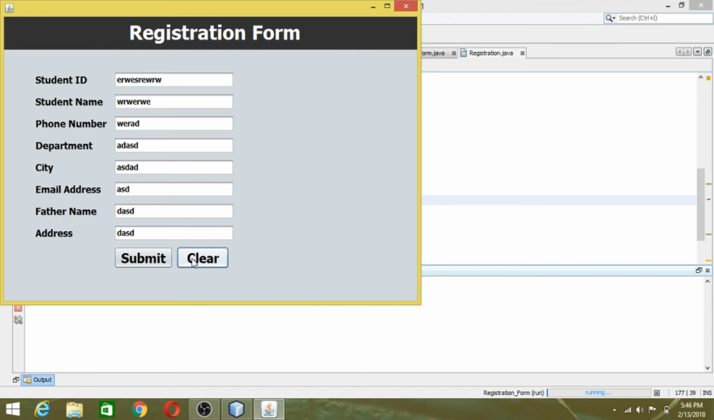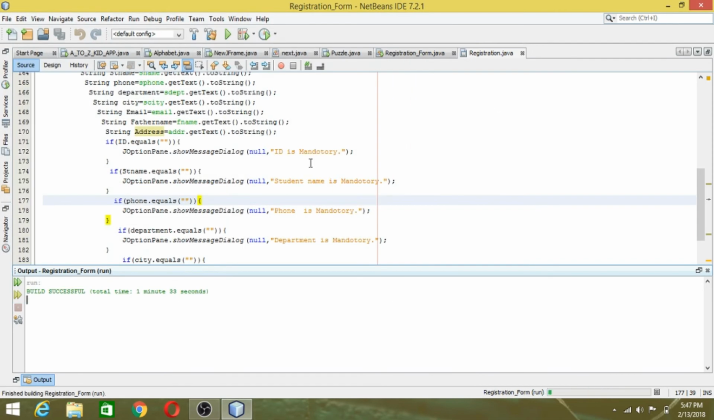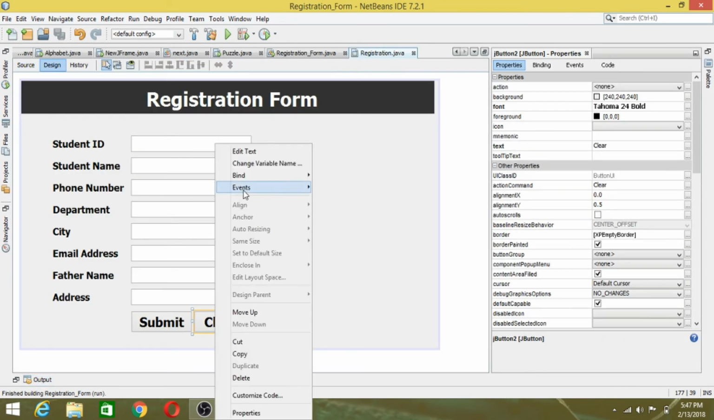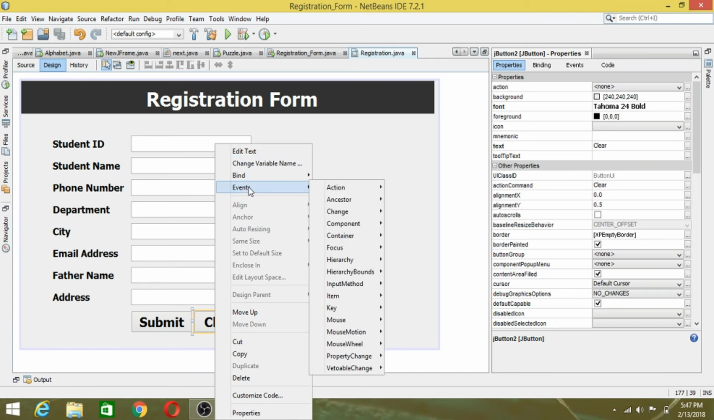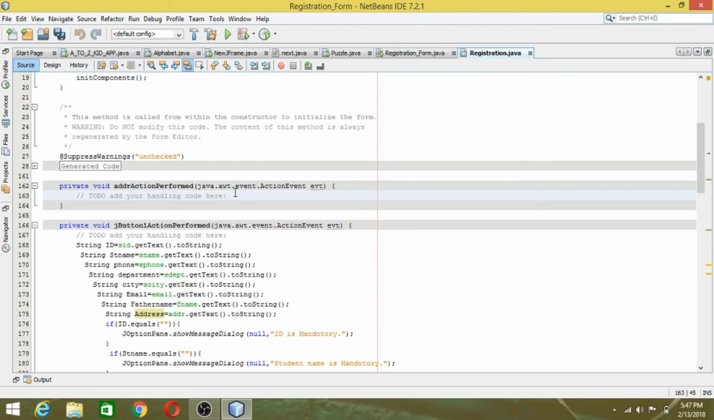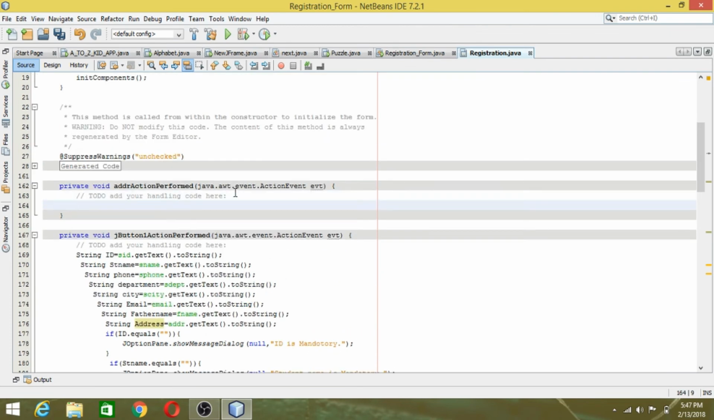So now our main intention is to clear our values, whatever user values enter here. If it is wrong, we have to clear it by this one, right? So for this, what we need to do is go to design, go to the clear button, go to events, go to action, and go to action performed. And now this is your action. Now here, what you do means,